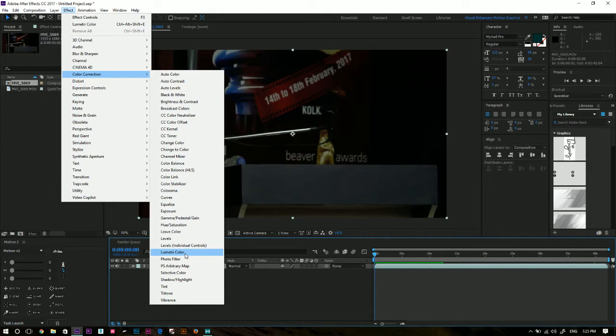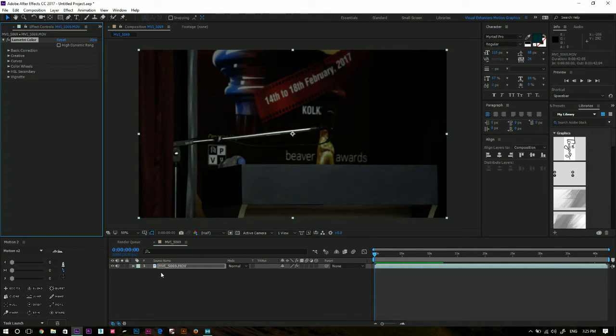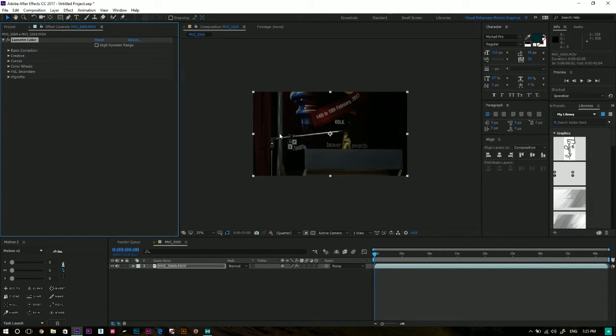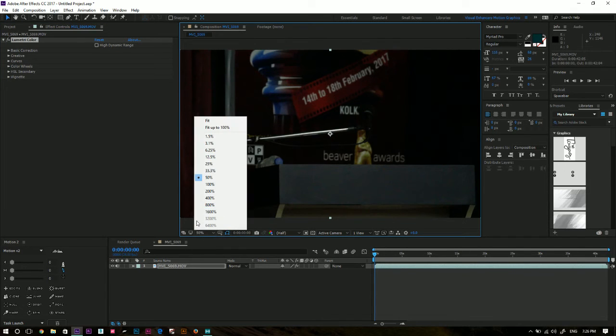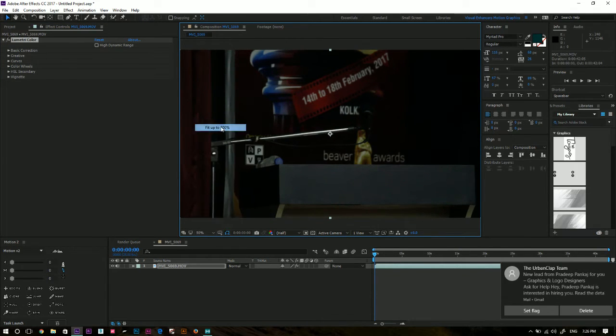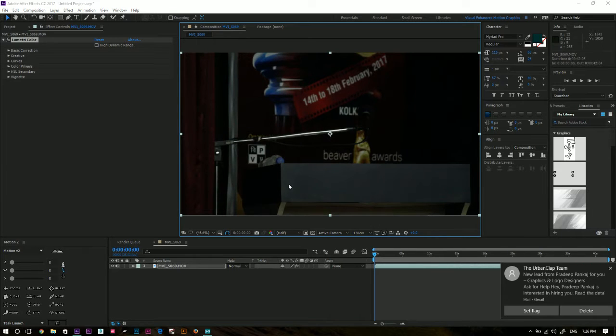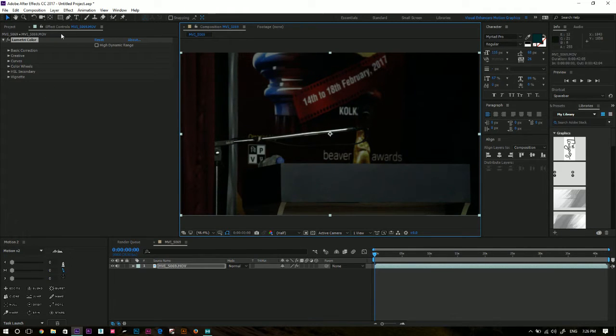So I'll click on Lumetri Color, and that will apply to this layer, and the Effects Control panel will automatically come up. If I zoom out a little bit, or I can come up here to the magnification setting and set it to fit up to 100%. Under my effects control,